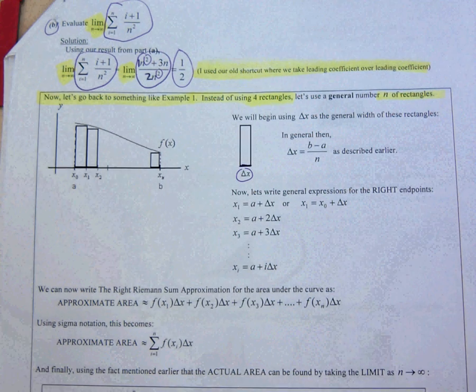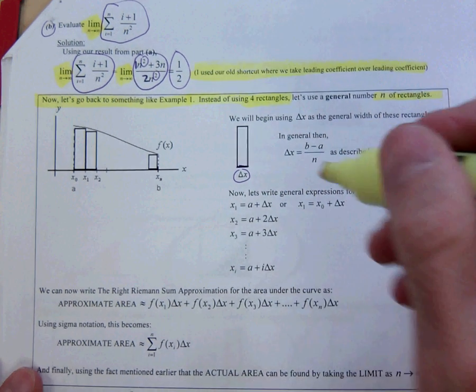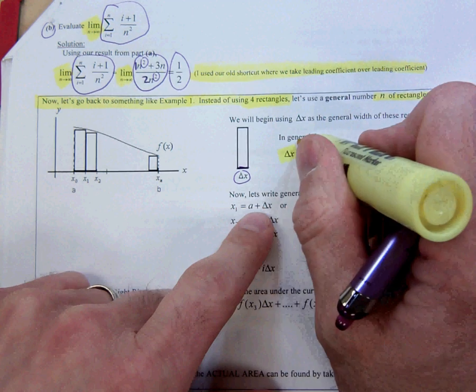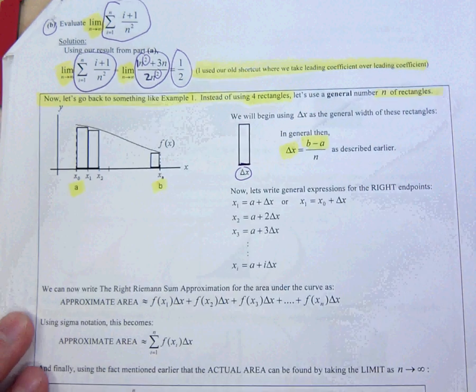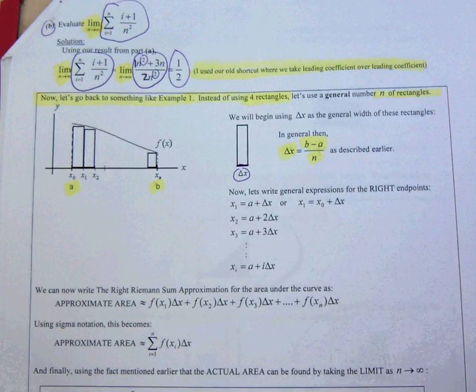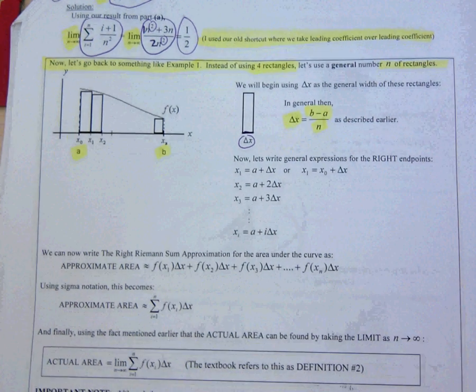And I kind of talked about this on page 1 of my notes, but you can get the width of each rectangle, delta x, by taking the whole interval length, just by taking b minus a, that'll give you the whole interval length, and then dividing by the number of rectangles n, and that will give you how wide each rectangle is, or each subinterval. Okay, now,